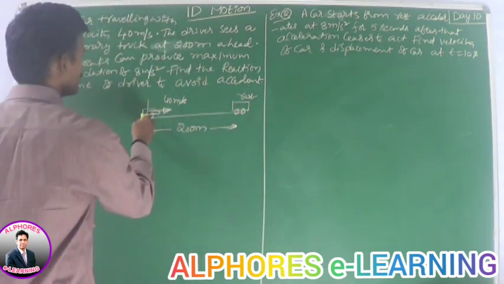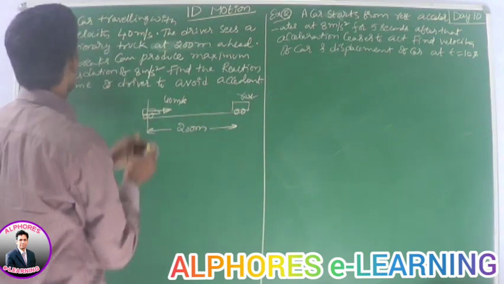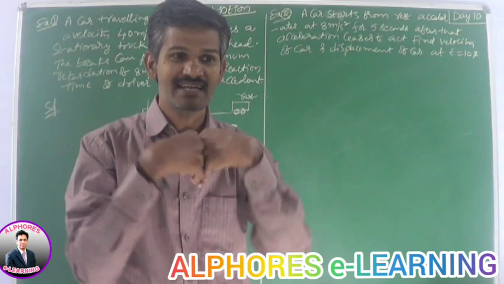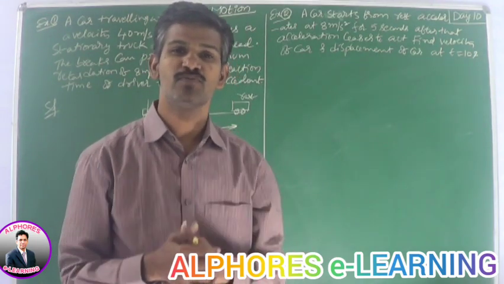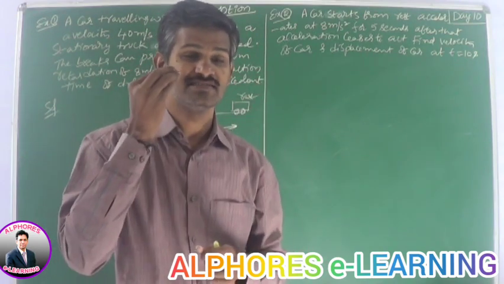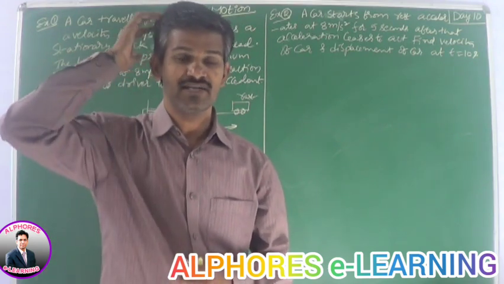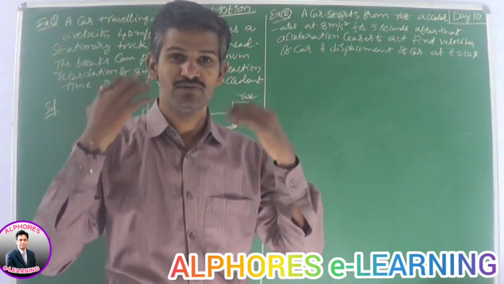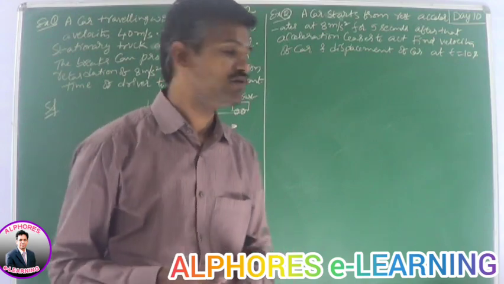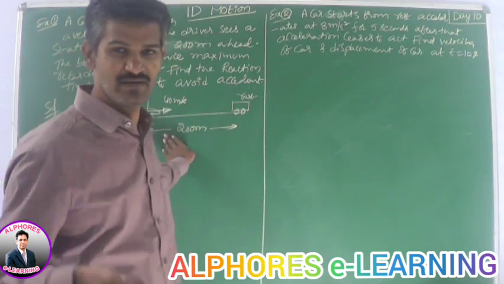So if he applies the brakes, what is actually the reaction time? Reaction time is the time taken. If we see an incident, our brain will not respond quickly. It takes some time. When we see a situation with our eyes, the eyes take some time to give a signal to the brain. Thereafter the brain responds and gives a signal to our body organs to stop the car. And then only we can apply the brakes. So up to that time this car travels with the same speed, that is 40 meters per second.